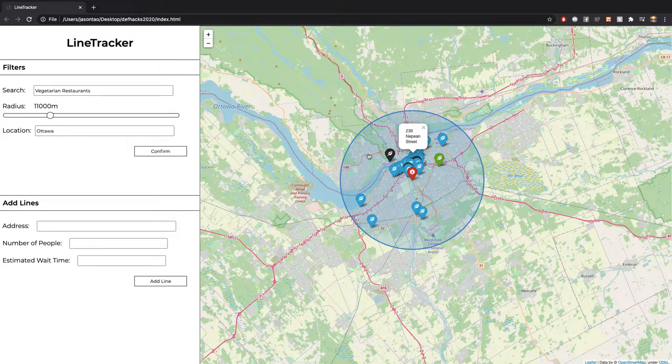The second feature, and the main feature our app has, is the add lines function. Currently the information for lines is crowdsourced. People report the number of people waiting outside stores and the estimated wait time. In future development, we plan to make this automated using Google Maps location services to automatically predict how many people